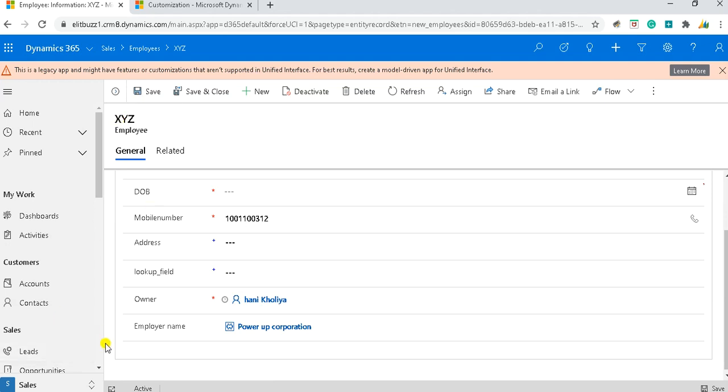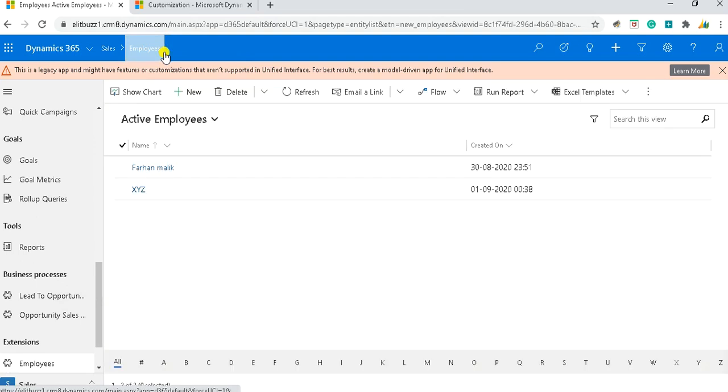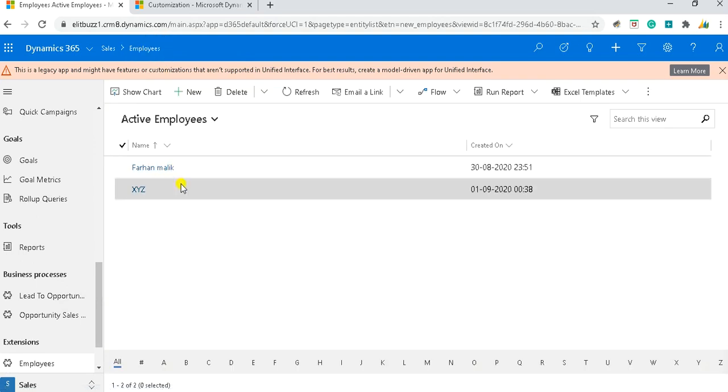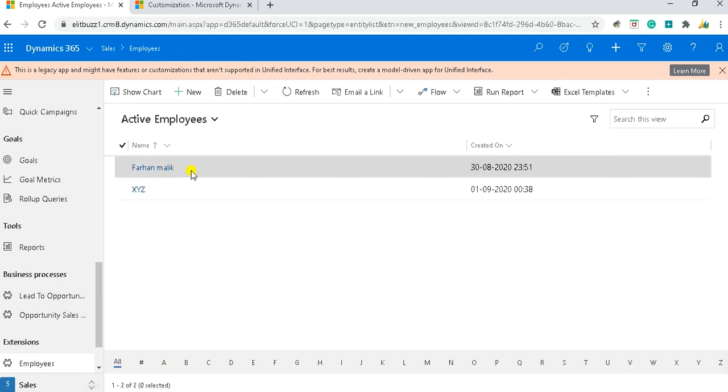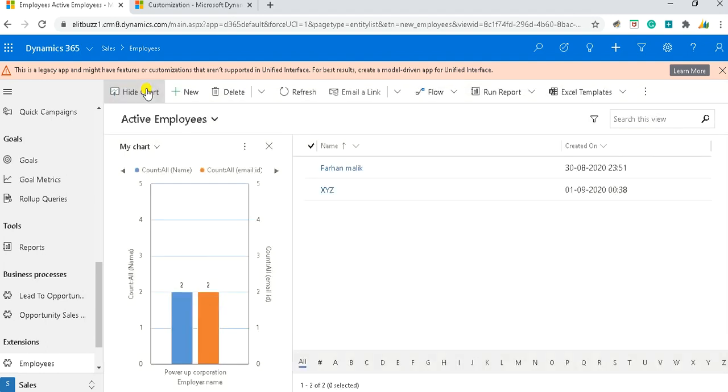I have only two records, and both have the same employer name. Let's see what the chart shows. Both have name and email ID, so 2 is the count, and it is showing Power Up Corporation as the employer name. In this way, we can create a chart as per the requirement.